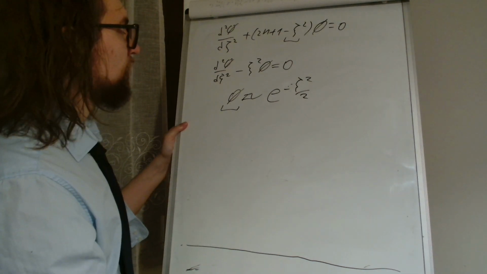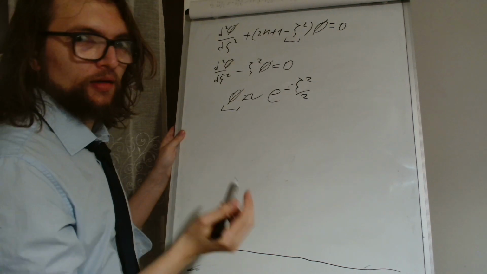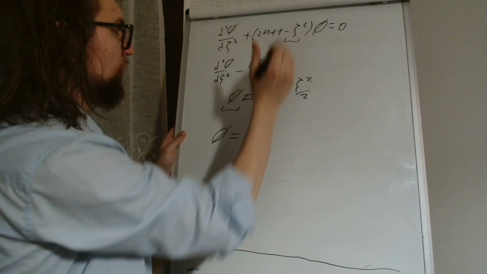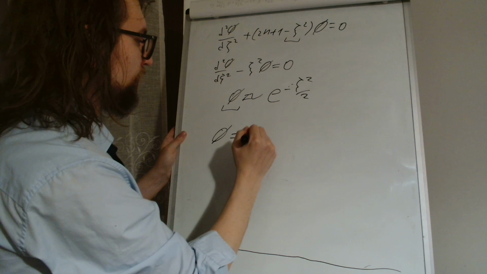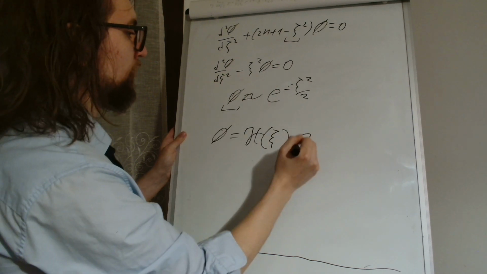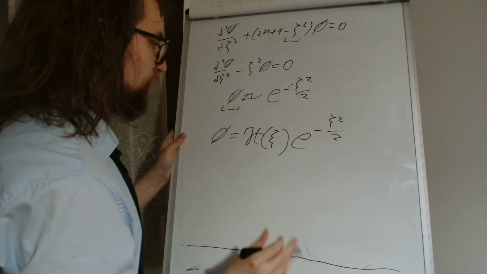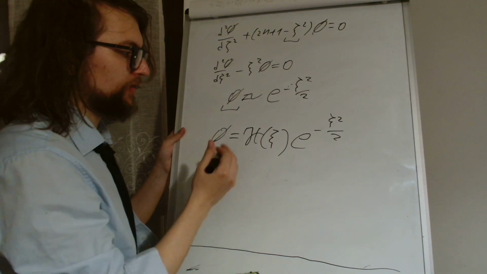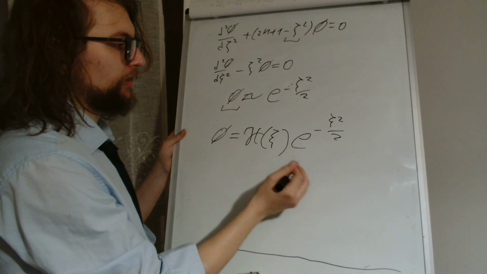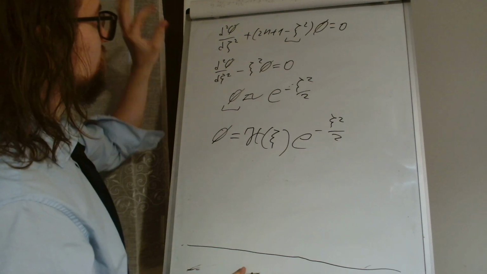And to get a general solution to our starting equation, we make this ansatz. So we make this guess, which is that the solution to this equation is a generic function of c times the solution at infinity. So we have simply written a very general form, taking out explicitly the solution at infinity. So we're now going to